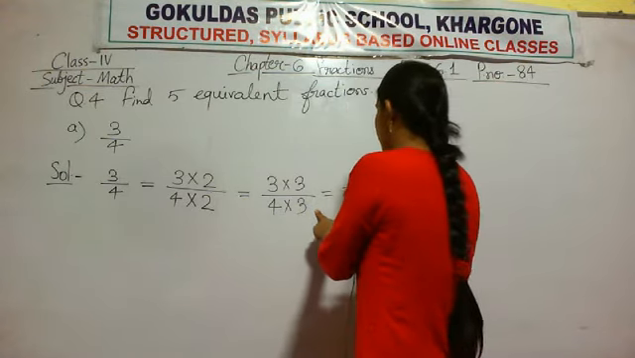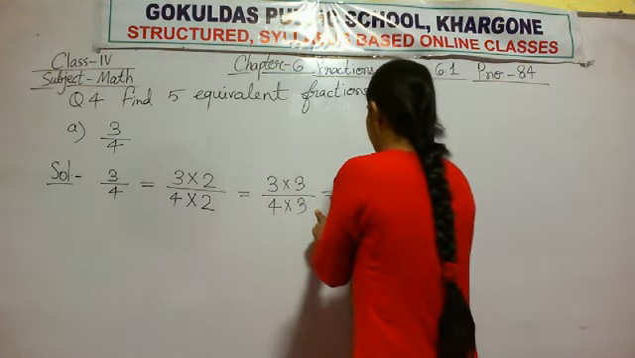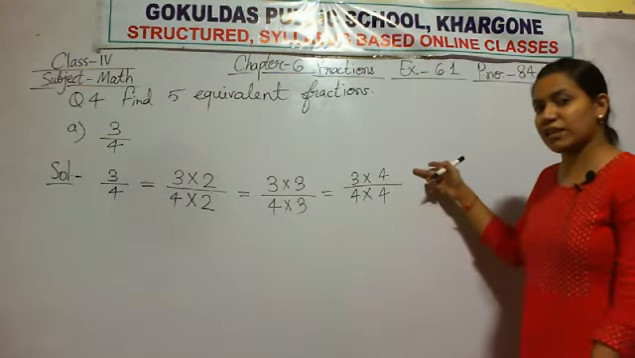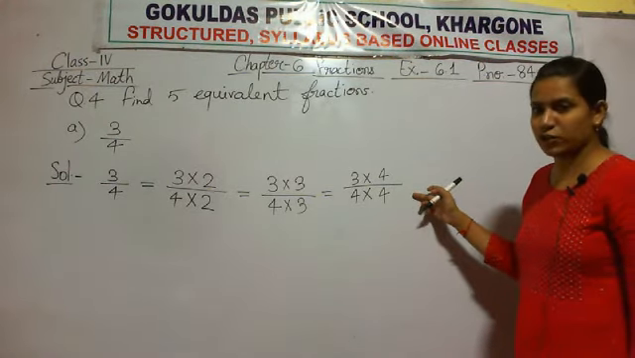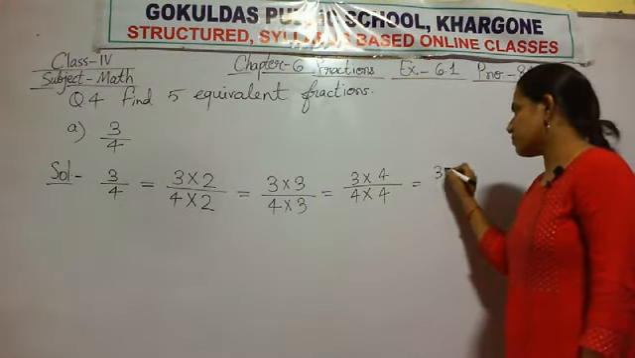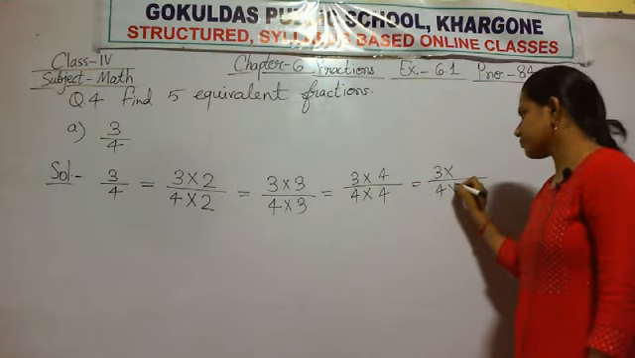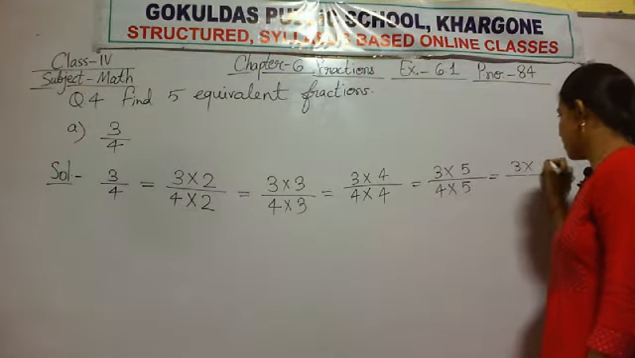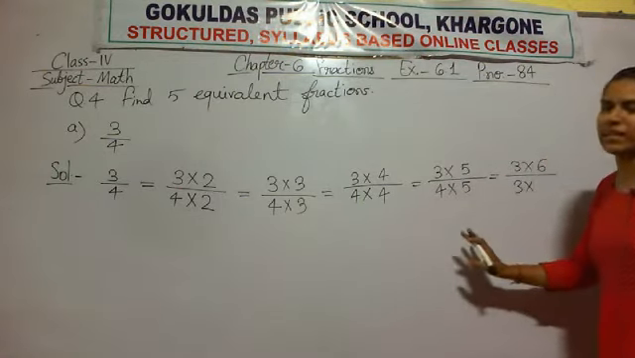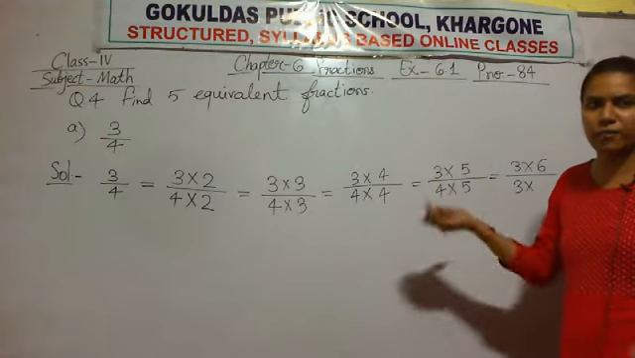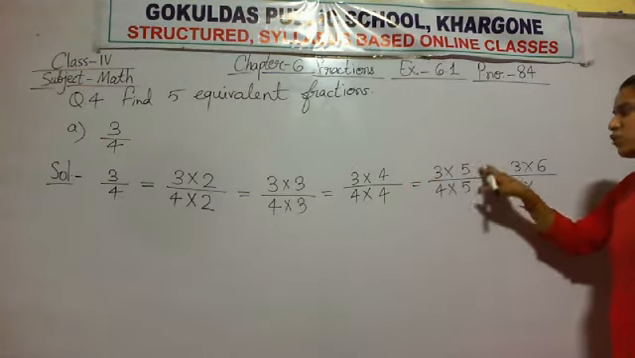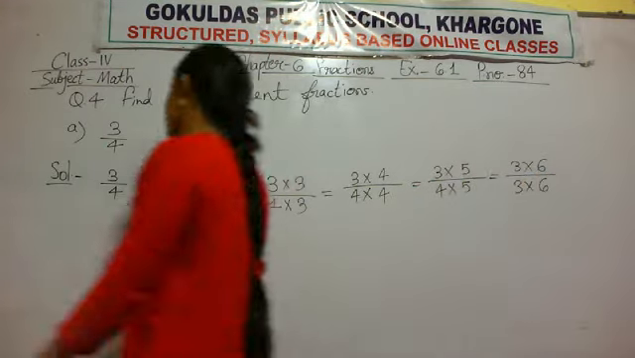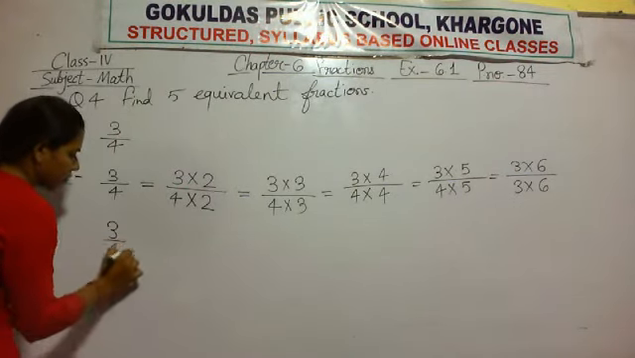The next equivalent fraction is 3 upon 4. Now I am multiplying by 4. If I am multiplying the numerator by 4, in the denominator also I need to multiply by 4. For the next fraction I am multiplying by 5, and for the next fraction I am multiplying by 6. You can choose any number. You can multiply by 11. You can multiply by 121. Any number you can choose. So now 3 upon 4 is equal to